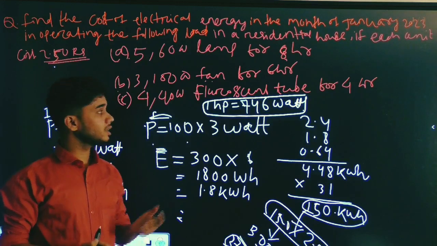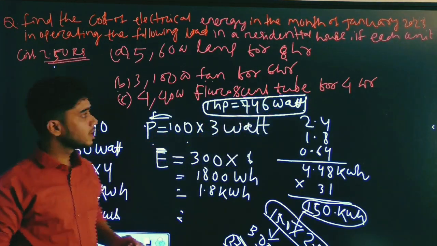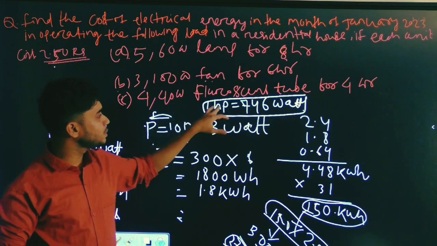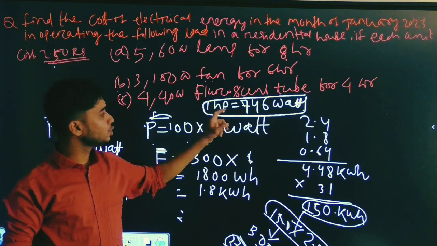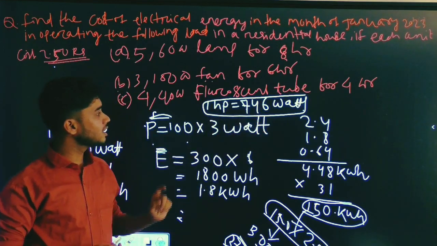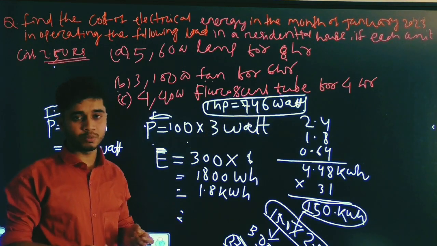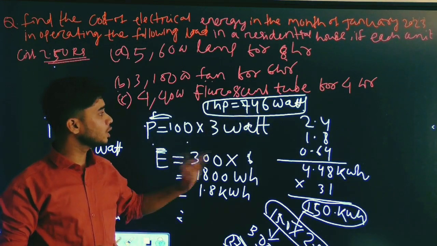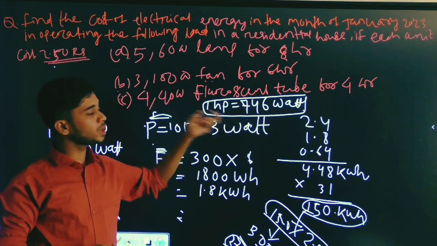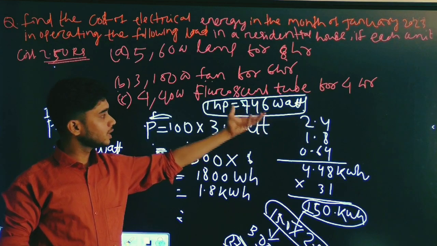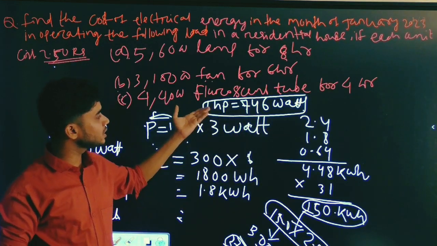So if the question says there is a motor and the motor is a 1 HP motor on for a period of 4 hours, 5 hours or 6 hours, then consider 1 HP equivalent to 746 watt. During calculation, if the motor is a 1 HP motor, take 746, and if there are 2 motors, multiply 746 with 2. If each motor is a 1 HP motor and inside the house there are 2 motors, the total power requirement is 746 into 2, and if both motors are on for a period of 5 hours, you multiply 5 with the power, then you can calculate the energy consumed by the motor load. This is the way you can solve the question if there is a motor.